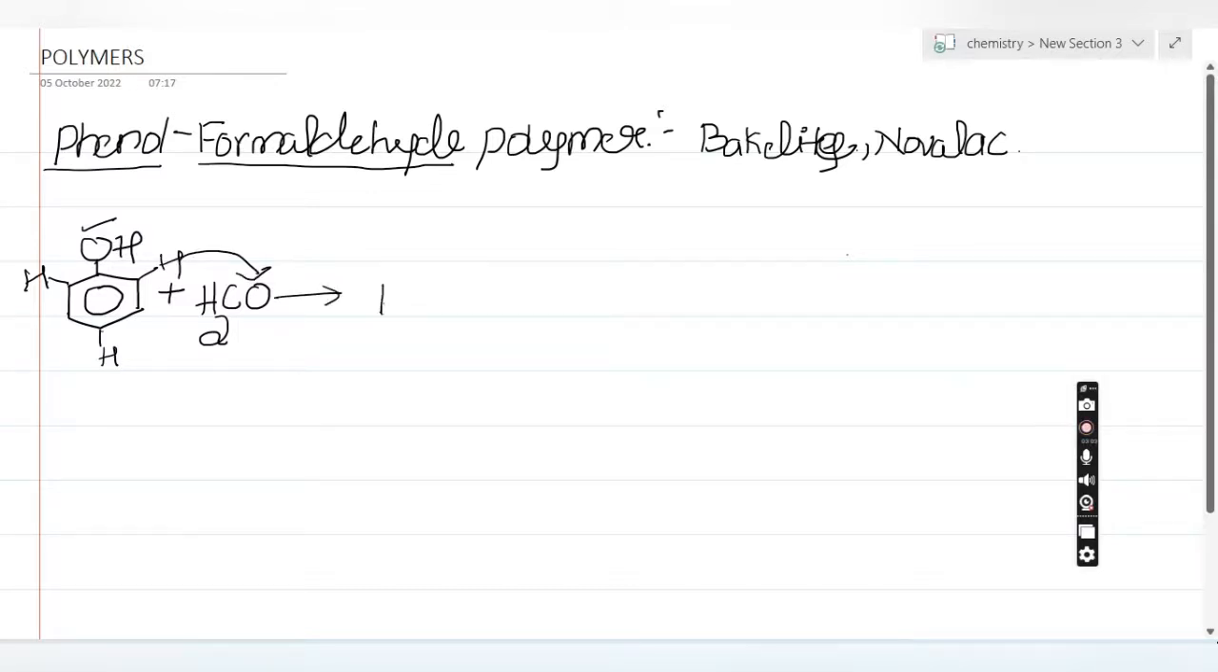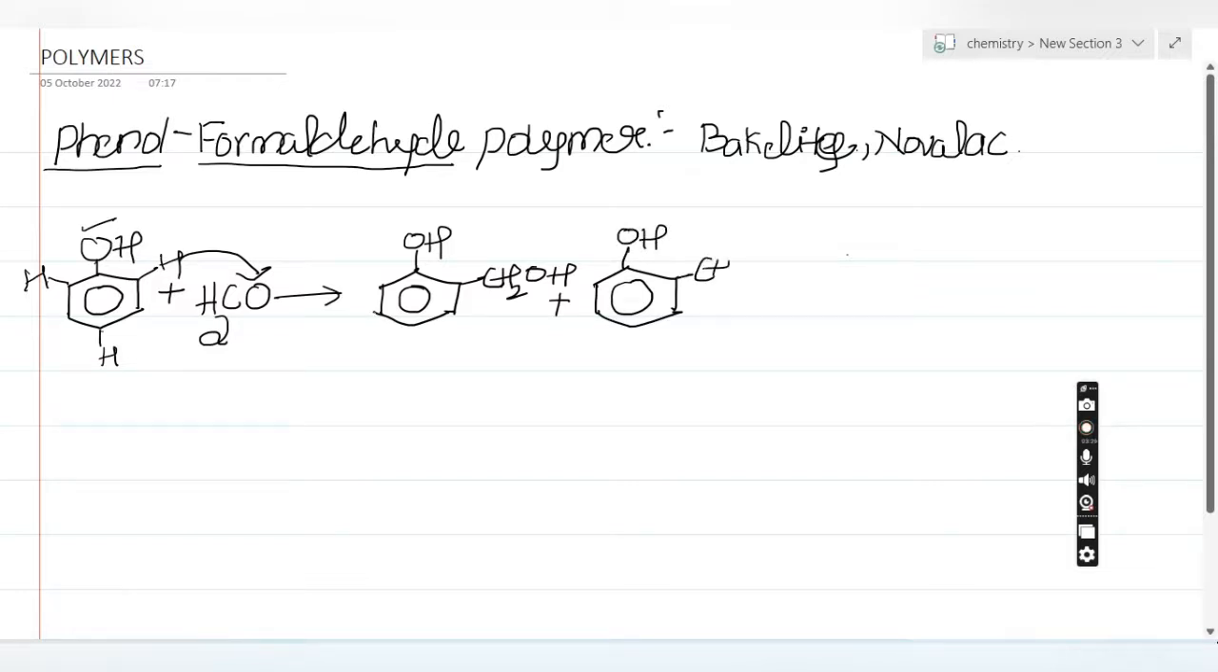OH remains as it is here, students, and at the terminal ortho position you get CH2OH. Or you may get a series of different products, three different products over here, out of which only one is important for us, and I will proceed further with that one only. So you have CH2OH at the ortho position, and a CH2OH at the para position, and